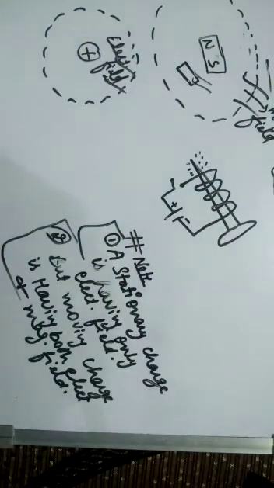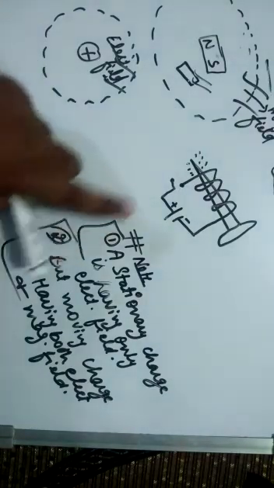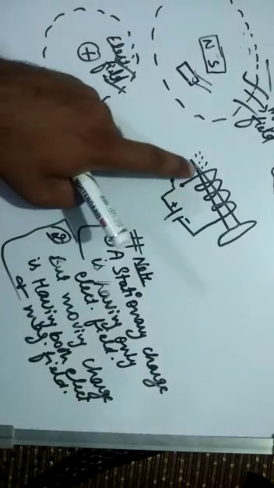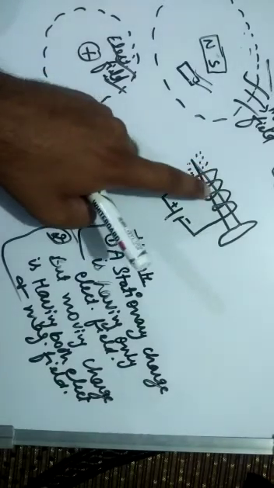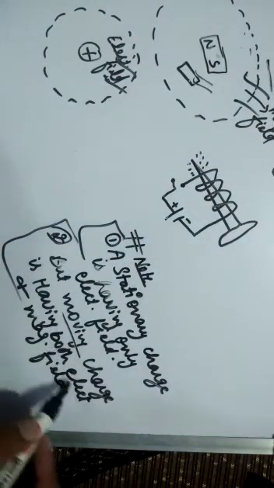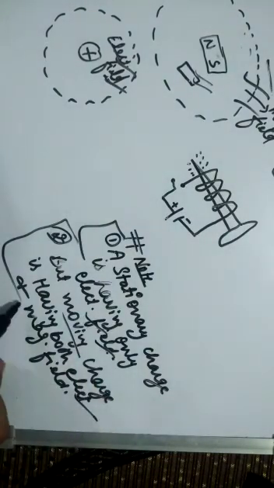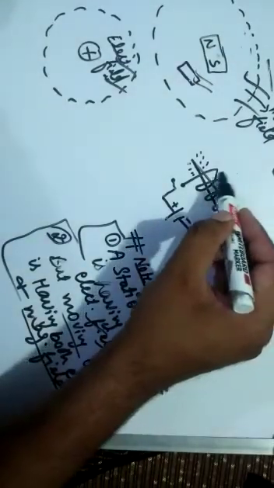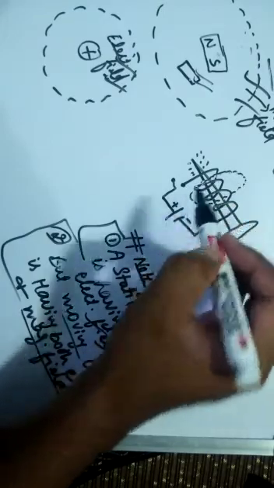Now the same applies over here, try to pay attention. What happens when I switch on? The charge started flowing. Now when the charge is moving, this charge already having the electric field, along with the electric field it is having a magnetic field. So here this is the magnetic field of this charge which is flowing through this wire.